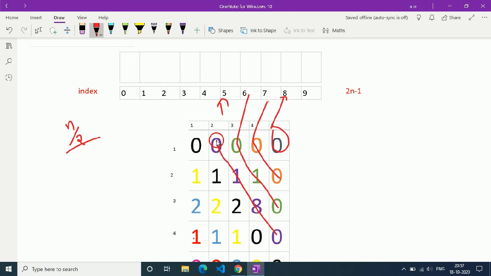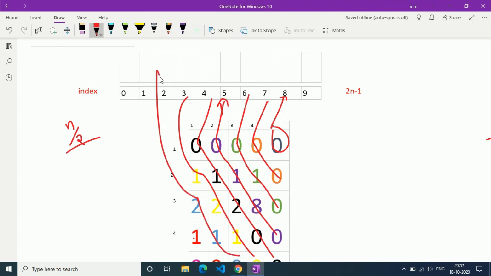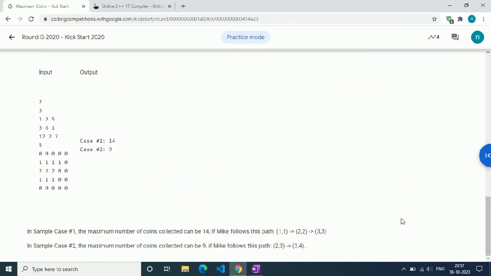This is our final array. 0 plus 8 plus 1, that is 9, is stored at location 5. 2 plus 1, 3 is stored at 4. Then 1 plus 2 plus 1, that is 4, is stored at location 3. And 0 plus 1 plus 2, that is 3, is stored at location 2. 0 plus 1 is 1, and 0 finally is at 0.